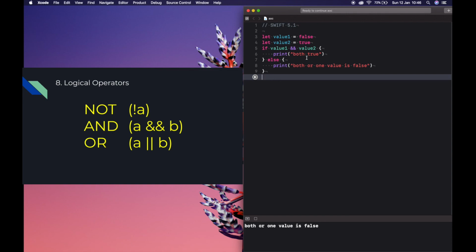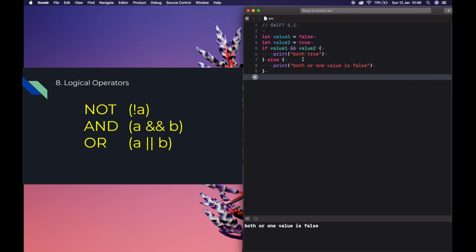In order for the logical AND operator to work, both the values should be true. Here, if the first value is false, then the second value won't even be evaluated. This is known as short circuit evaluation.